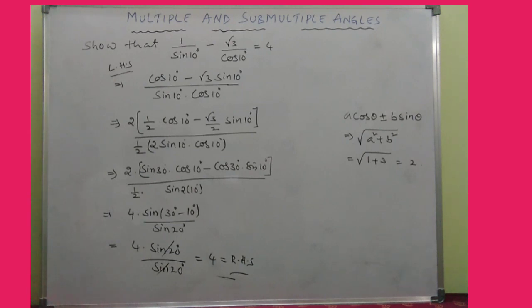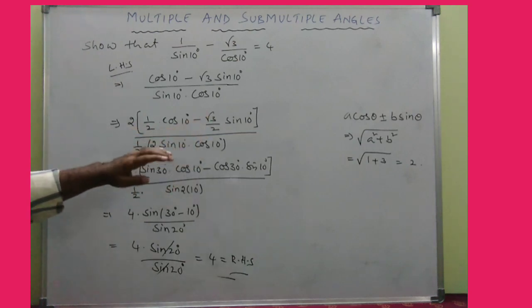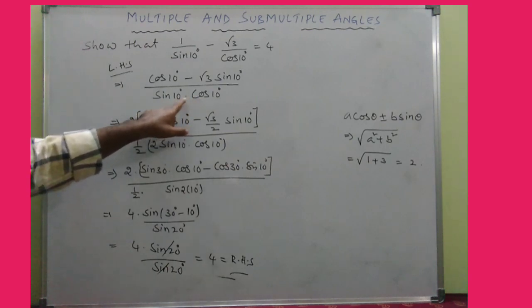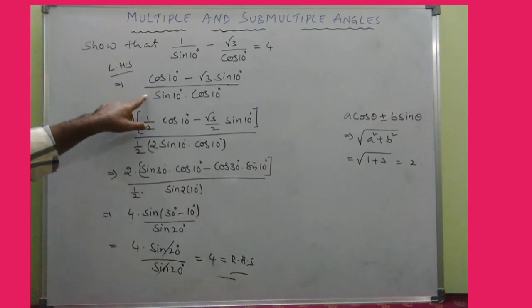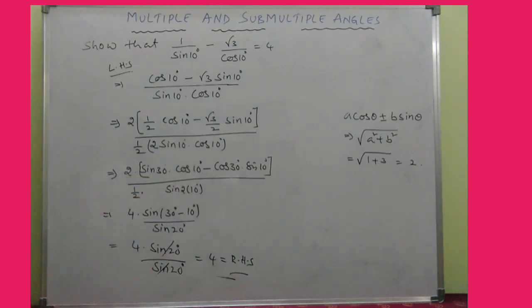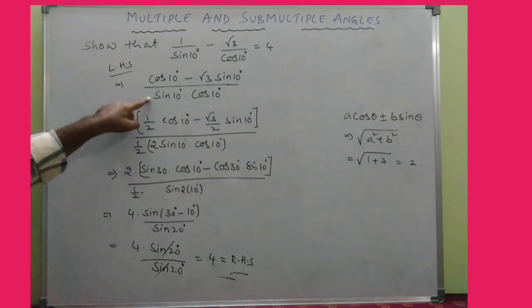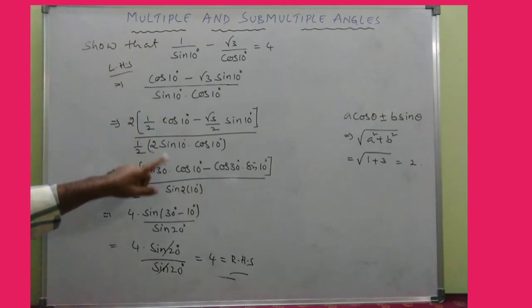So we need to multiply and divide with root of A square plus B square. The value of root of A square plus B square is here 2. So that is why we multiply with 2 and divide with 2. Especially in the denominator, you see, we have terms just like sin theta into cos theta. But if we have 2, then this will be in the standard form, that is 2 sin theta cos theta, further can be written as sin 2 theta. So because of that, I want to multiply and divide with 2 here, in the denominator also.